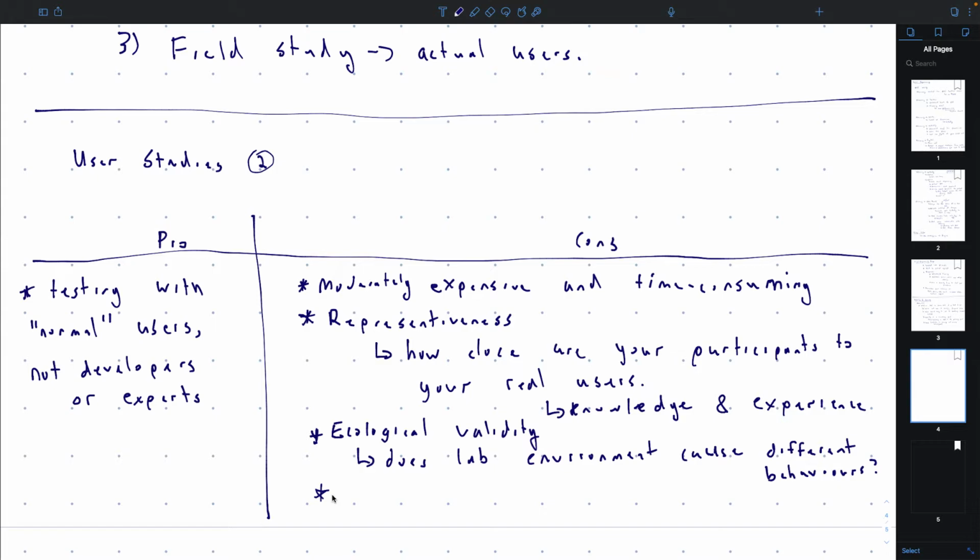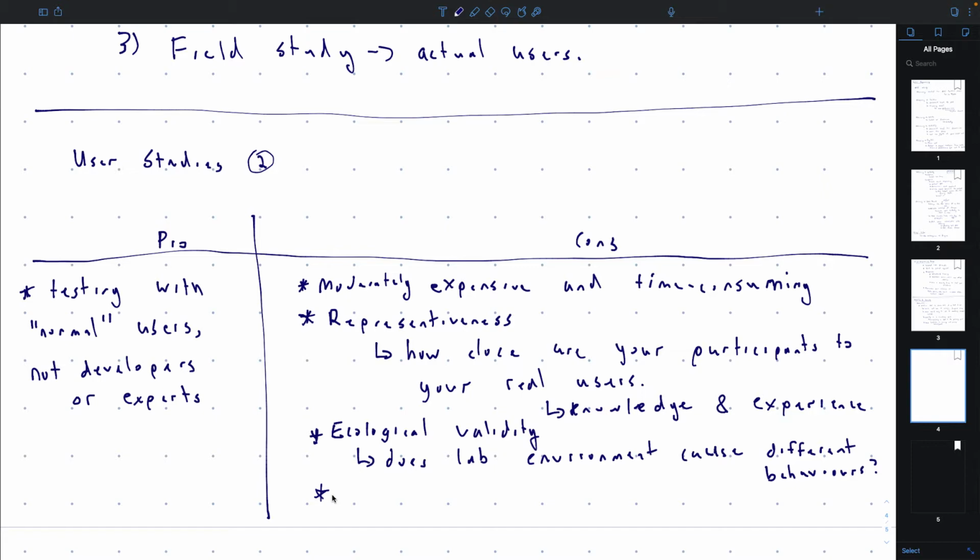Okay, the final thing is you get a user. As I said, it's time consuming. So if you're bringing a user in for half an hour or an hour, you want to run it with lots of users, and so it's time consuming. The question is, how much can you actually have a user do in half an hour? Okay, if you're going to be measuring everything you do and you're going to be explaining it and things like that, they can't do a lot, right?